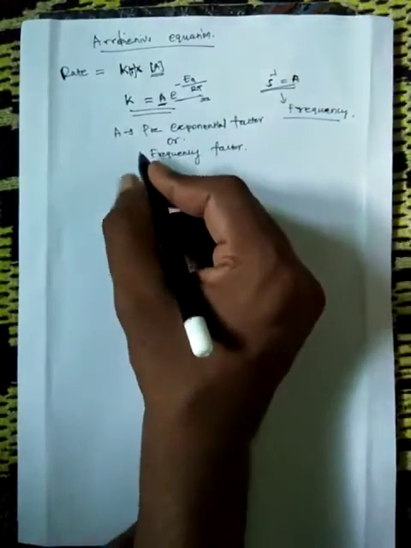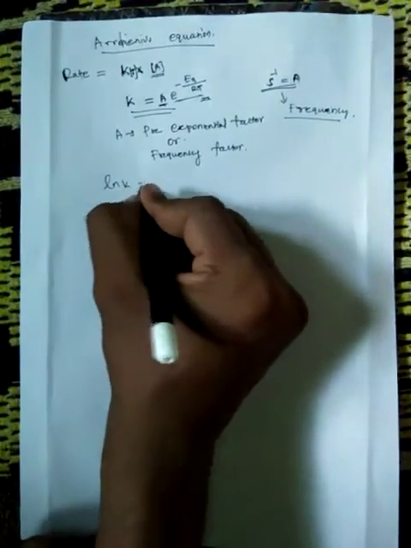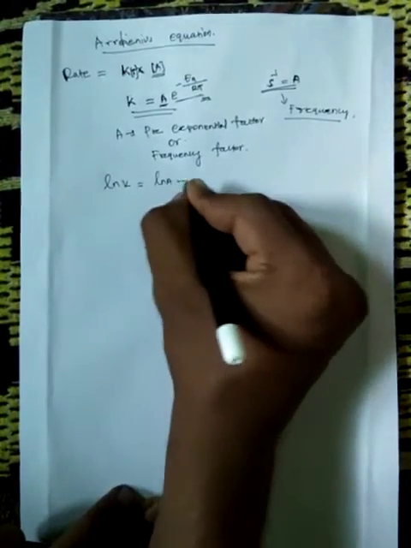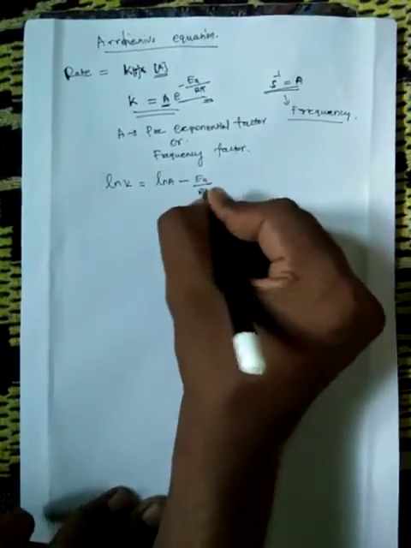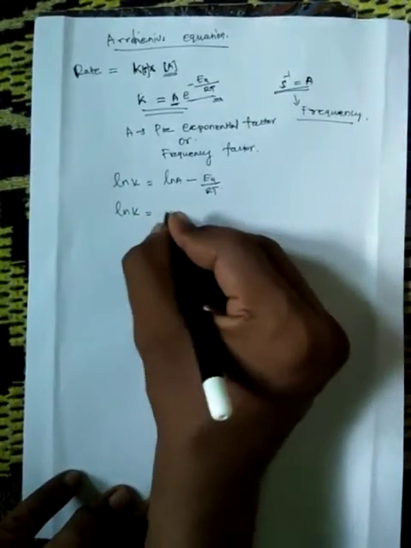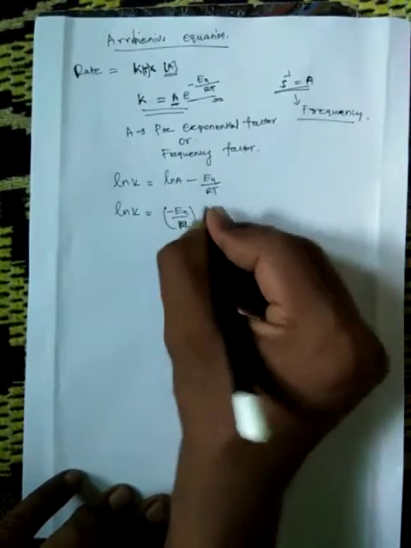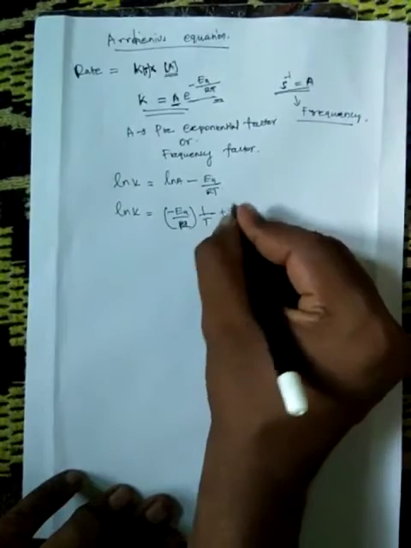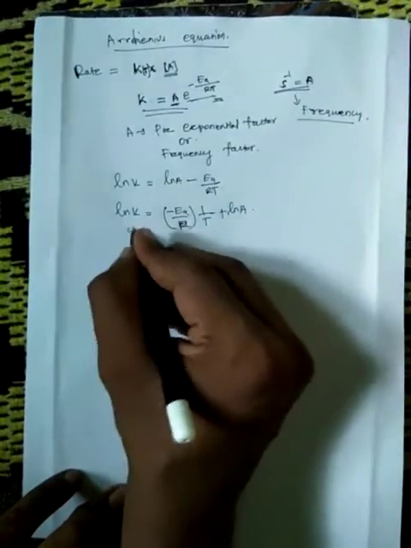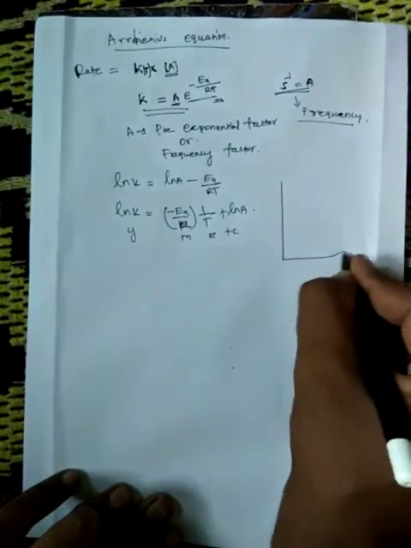Now I'm going to take a logarithm. This is log K equals log A minus EA by RT. And this is a straight line equation, right? Minus EA by R into 1 by T plus logarithm A. This is y, this is m x plus c. So if you plot